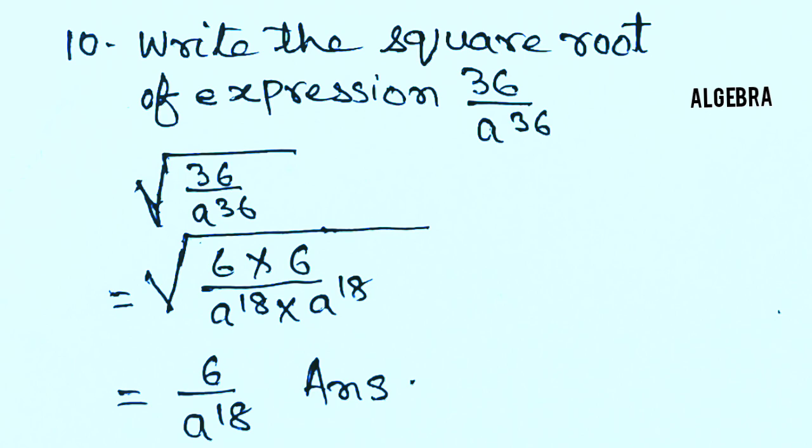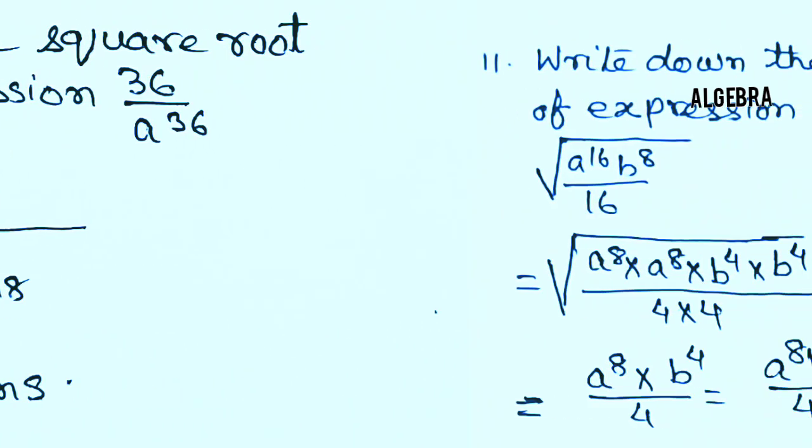Square root 36 by a to the power 36 is equal to square root 6 into 6 by a to the power 18 into a to the power 18 is equal to 6 by a to the power 18. Answer. 11. Write down the square root